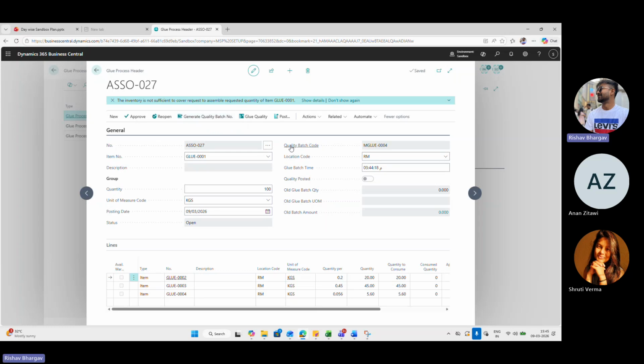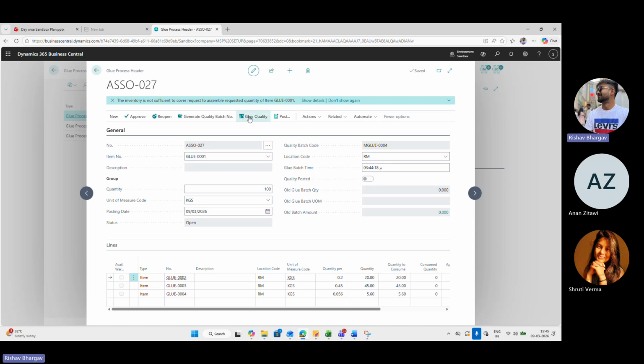The quality batch number is generated, and we can see that glue quality posted is not true. If it is not true, it will not allow us to post. We cannot generate quantity for the glue unless the quality has been posted.